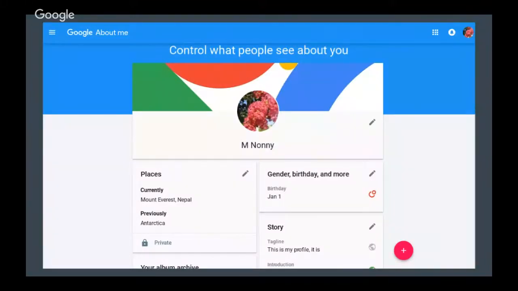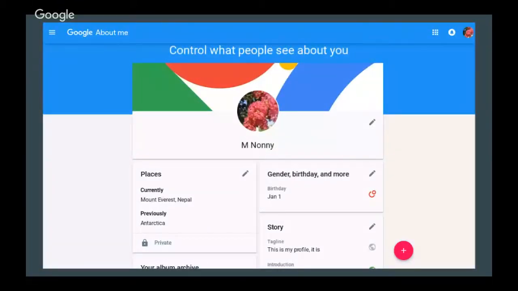And then there's a third option where you can decide where certain people that you follow on Google Plus can see some of the information. To do that, you need to put people that you follow into circles, and I'm going to talk just a little bit about circles later on. But the idea is that I could make a circle, for example, of my immediate family. So I'm following all the people in my immediate family. They're in a circle on Google+, and then I can say the people in that circle can see my location, for example, or the people in that circle can see my birthday. So you can control who can see the information.